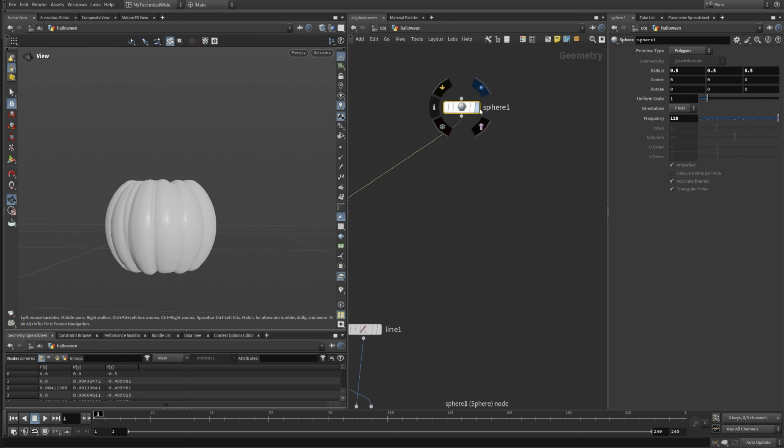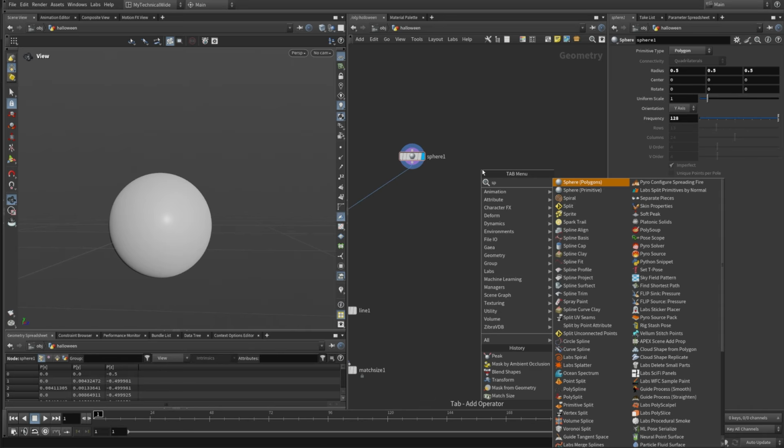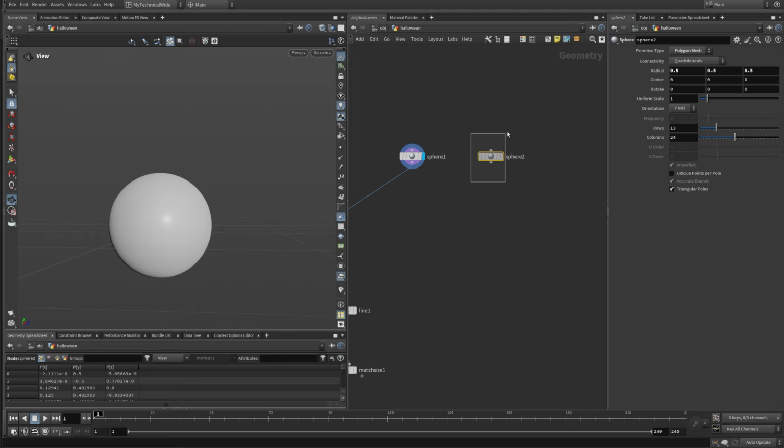So let's put a display flag here. So let's say this is our one way, and then in here I'm going to show you the other way. So I'm going to create another sphere. So press tab, type sphere. So the idea is that this second sphere, if you look at it, and if I enable the wireframe,